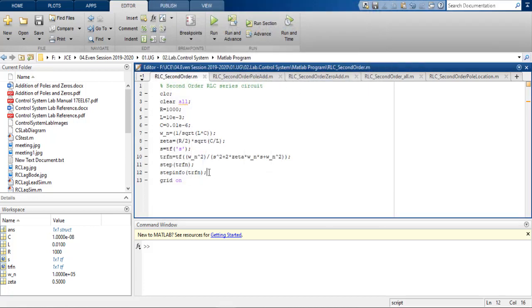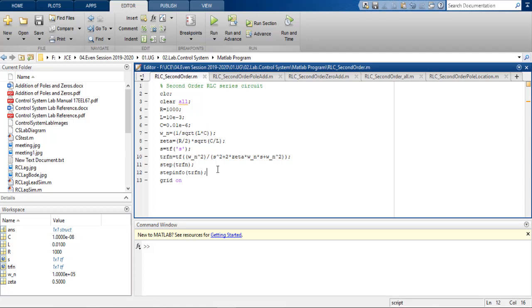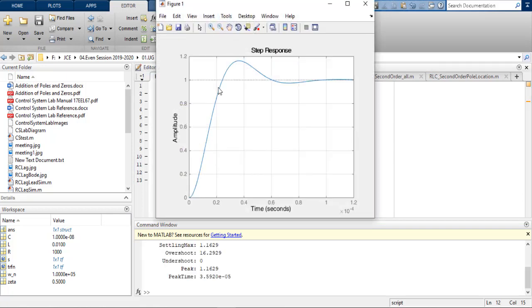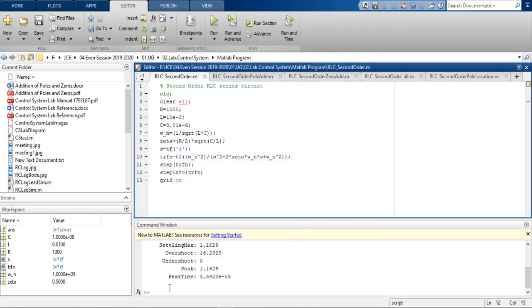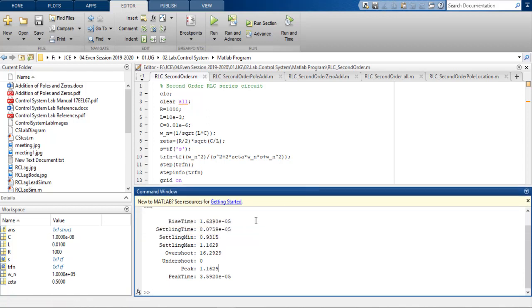But what I did here is that I have placed a semicolon here. If I place a semicolon, it won't be shown here. So what I need to do is take the semicolon off, then save it and run it again. So it shows the graph, and you can see in the command window, I just increased the size of the command window.